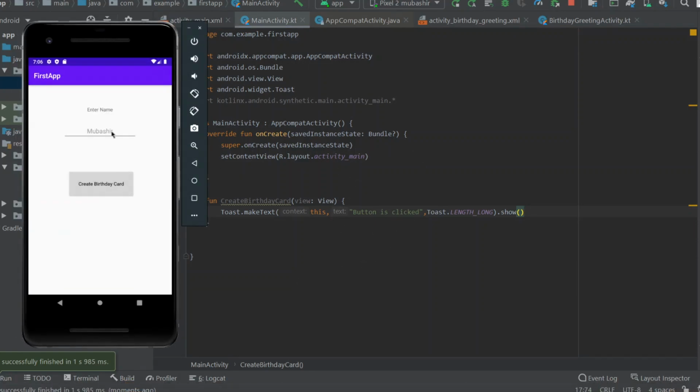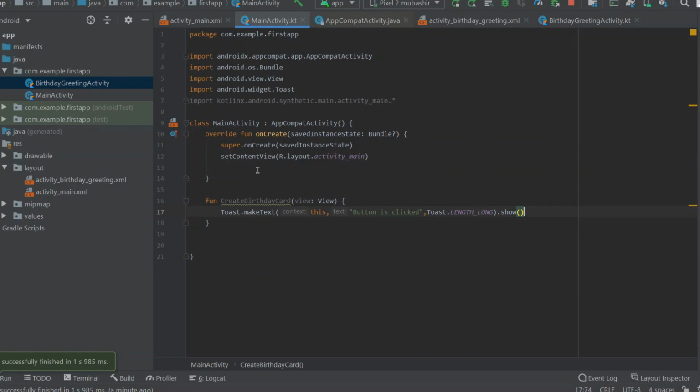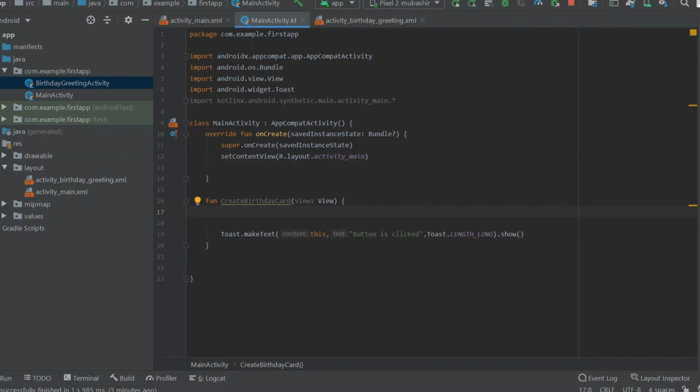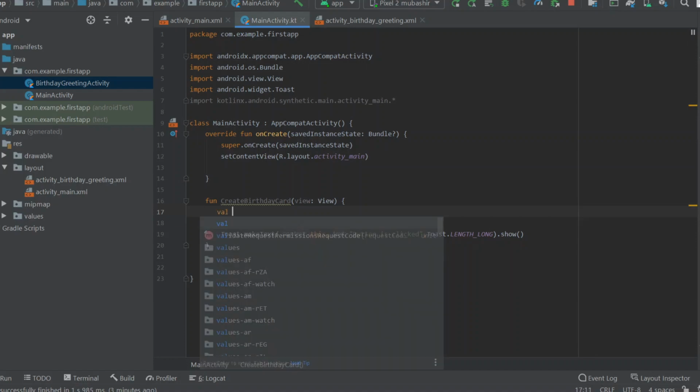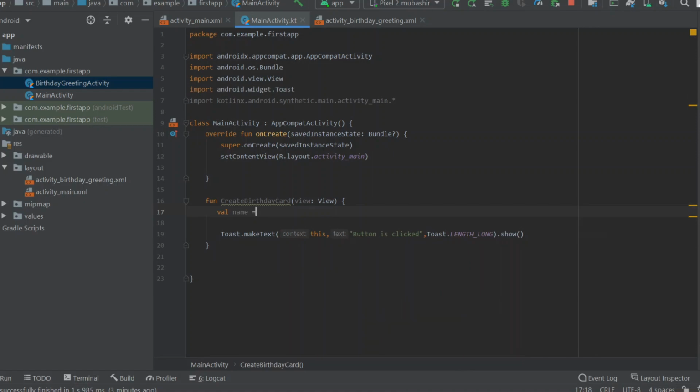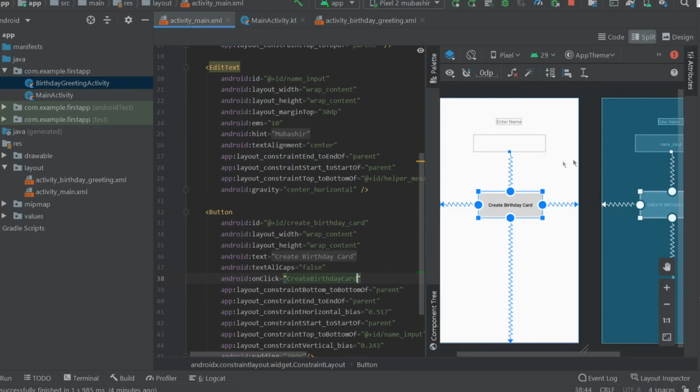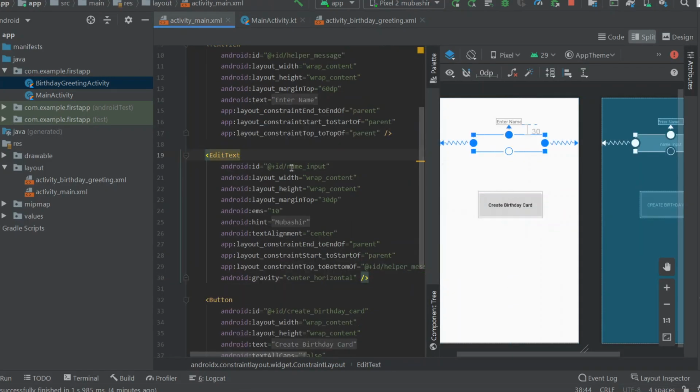You will give your name here, right? So in the toast we want that name to get printed here. For that, first we need to give our name here. In the main activity, I need to declare a variable with the data type val, name is equal to name_input, which is the id of this one here.